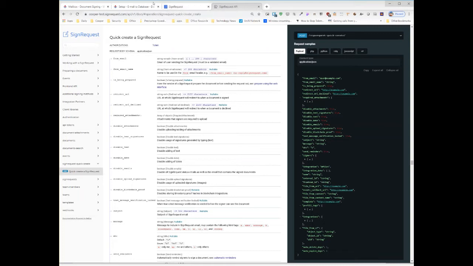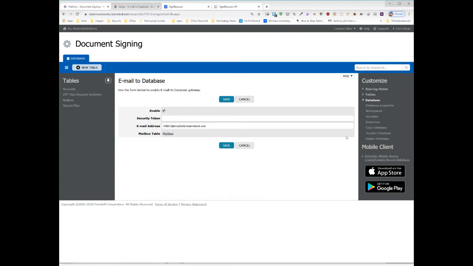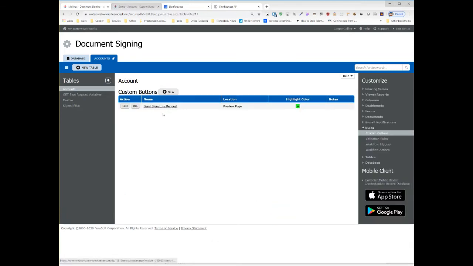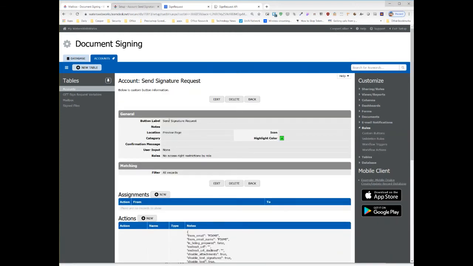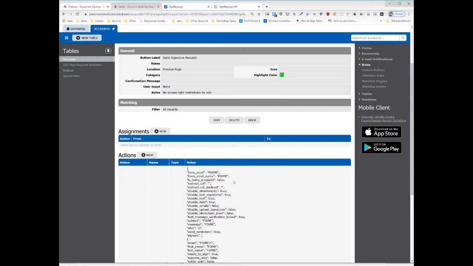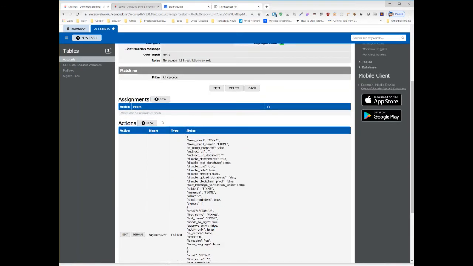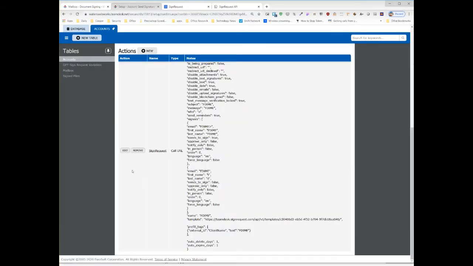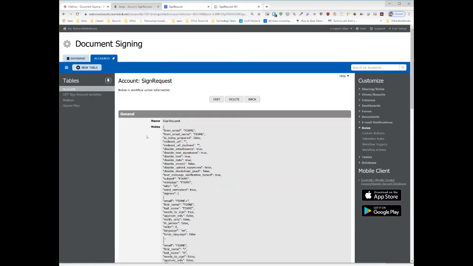So we're going to jump back over. Once we've done that, we're going to go back into our setup, and we're going to go back to our accounts table, and we're going to look at our buttons. I've made a button that says send the request. All it is a button, and in it I made a new action that is actually simply a call URL, just like the other one. Okay? In the call URL, I've edited it,